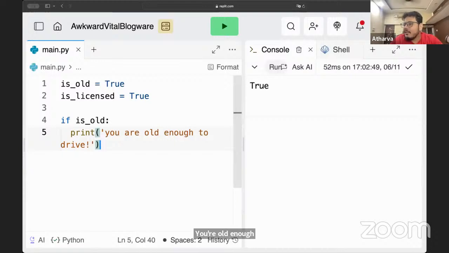Guys, can you type in English because I don't understand Telugu. Okay, voice is not clear.